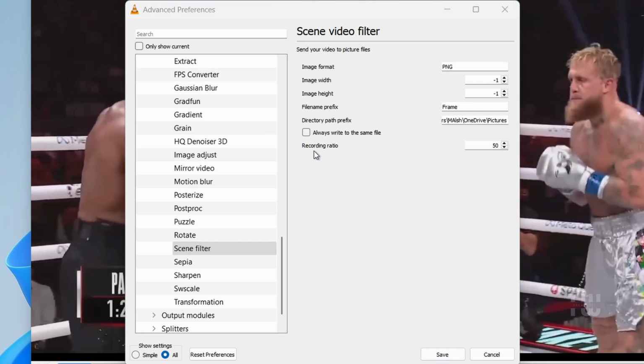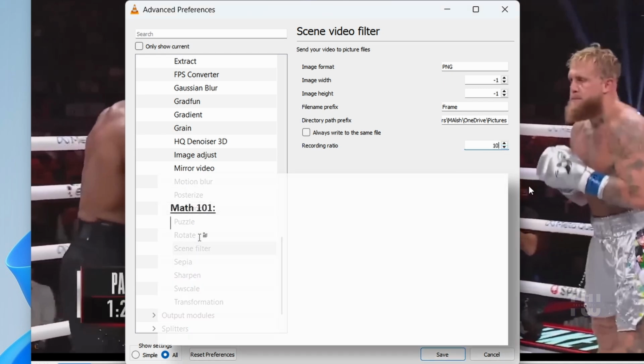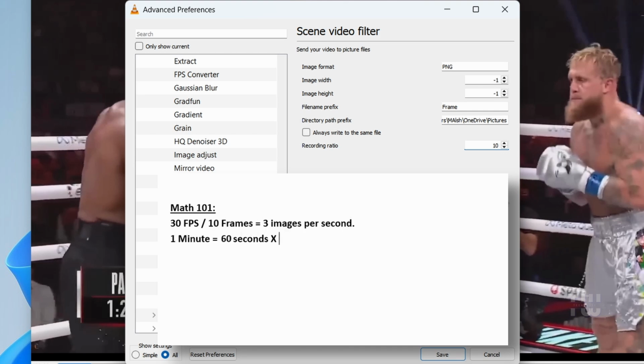Now here's the most important setting, the recording ratio, which decides the interval at which you want to capture frames. For example, if you want to export one frame every 10 frames, type 10 in the recording ratio box. If your video is 30 frames per second, it will extract 3 images per second. If your video is 1 minute long, it will extract 180 images in total. If you set the ratio to 1, it will extract every frame from the video, which is equivalent to 1,800